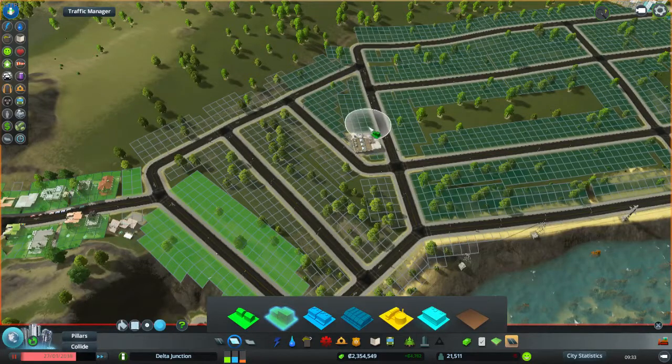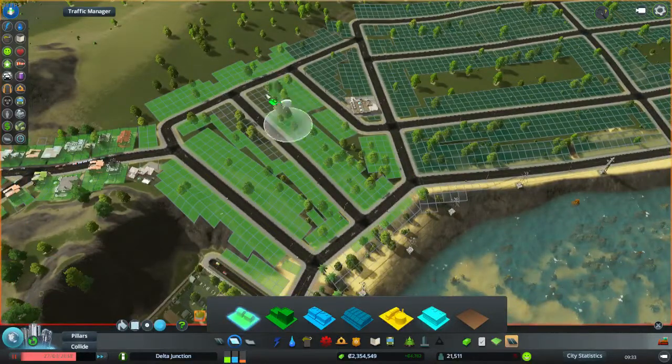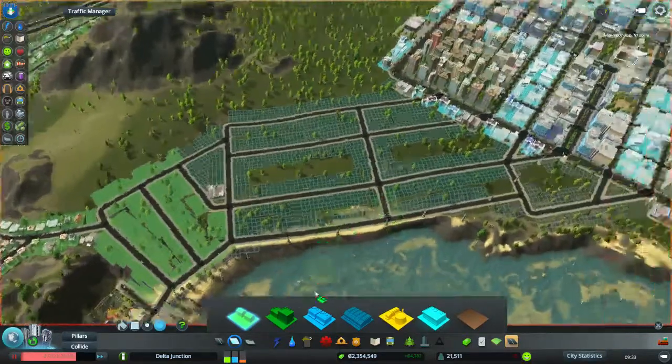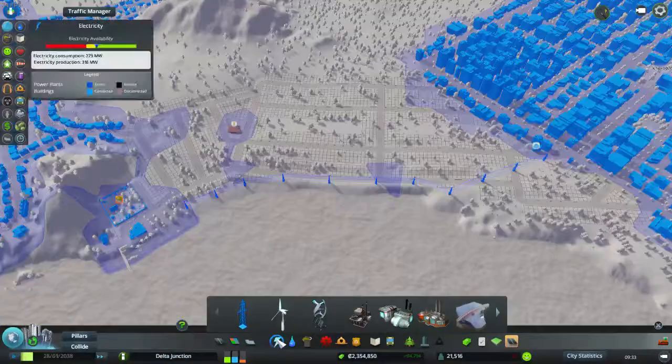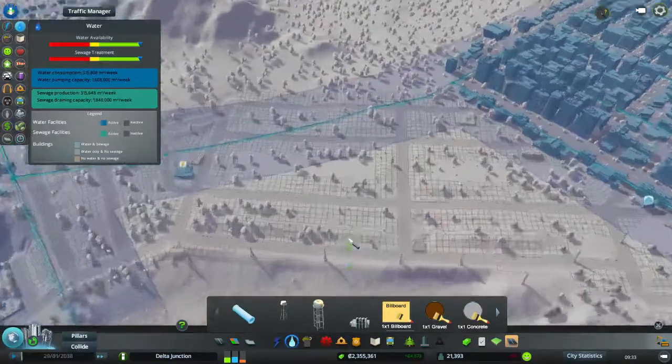And about here, I'm going to go to low residential. I wish there was a medium. I really do. I wish there was like a halfway between those two. So let's go ahead and hit play on this. So we should have power. We have power. We do not have water. Alright, so